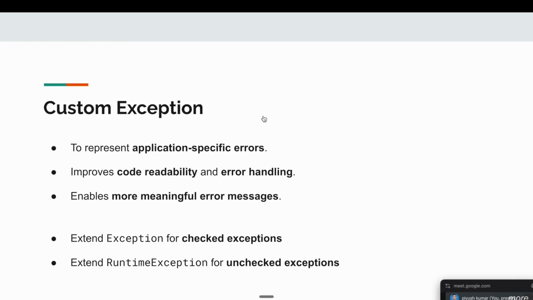Let me go back to the slide. So now let's discuss the custom exception. What is a custom exception? Many times you want to have your own exception, or the exception you are trying to handle